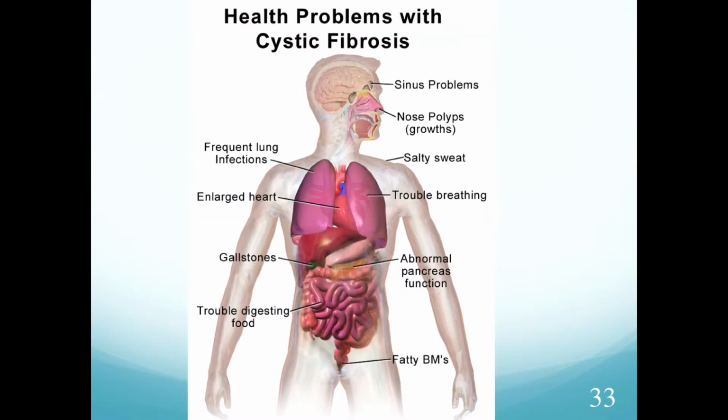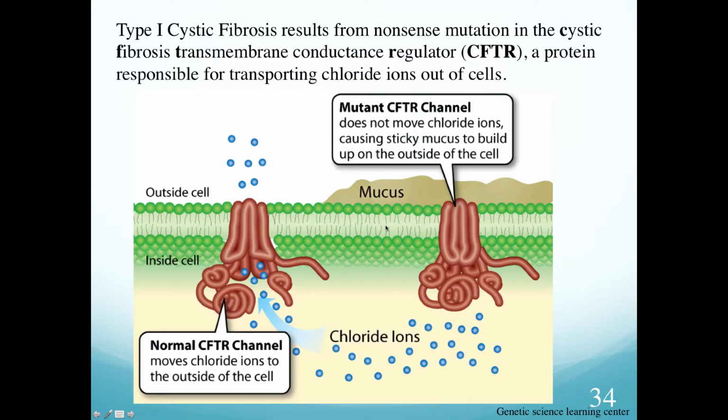So nonsense mutations are the cause of cystic fibrosis. Cystic fibrosis is a genetic disease that leads to a number of troubling symptoms. Most troubling is a buildup of mucus in the lungs and trouble breathing due to that buildup of mucus. And it is caused by nonsense mutations, as well as other types of mutations that occur to the cystic fibrosis